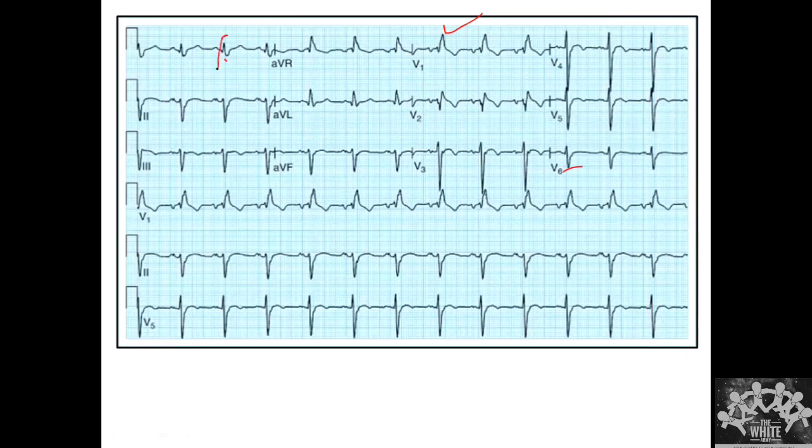You see lead 1 is positive, AVF is negative. You see that all the inferior leads have an RS pattern, and here you have a QR pattern. So that means there is a left axis deviation. When you're having a left axis, you see the AVL is more than lead 1, and along with that, lead 3 is almost or more than lead 2. So there is a left anterior fascicular block.